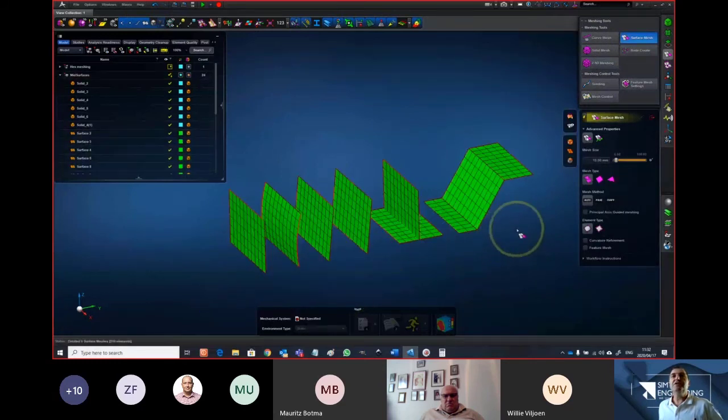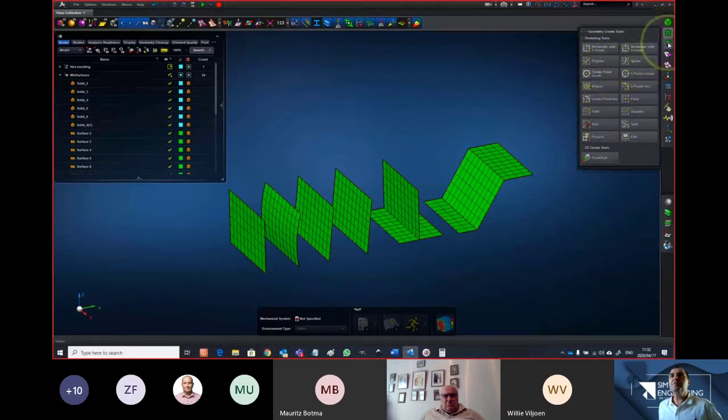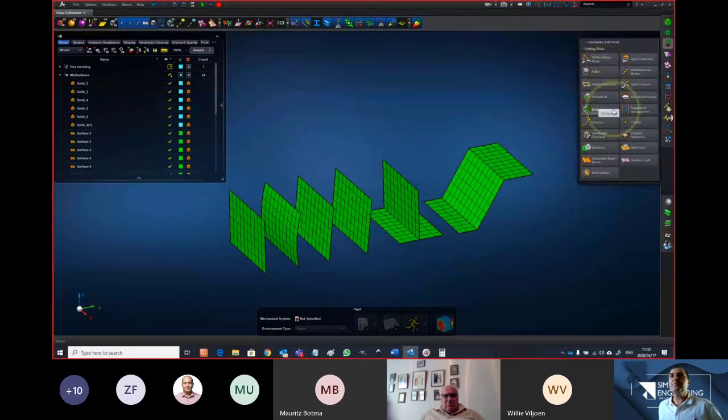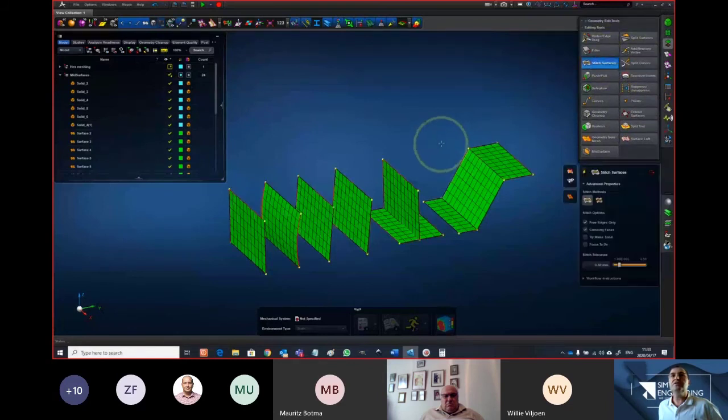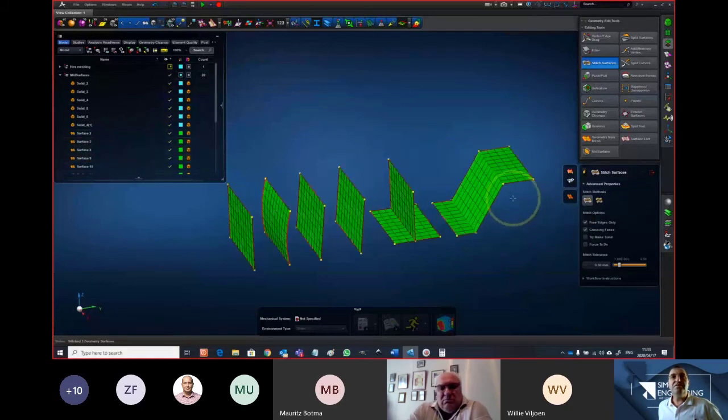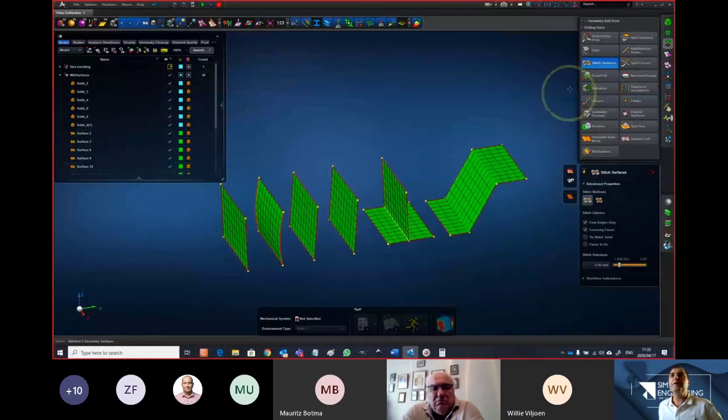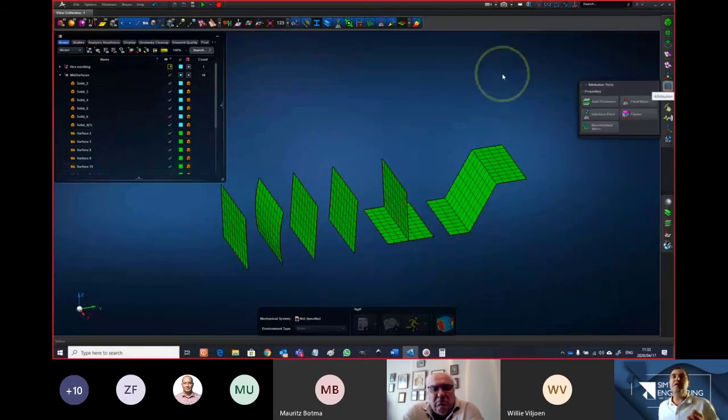I'll surface mesh these bodies. I just want to stitch some of them. There's my stitching tool. I see those two have red edges, so that means they're not stitched. Not that it's really important. This one as well. So I'll just do that for formality's sake. And so that's the